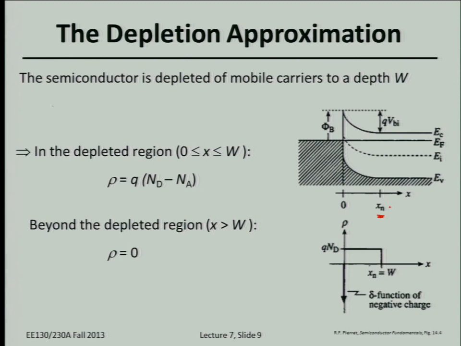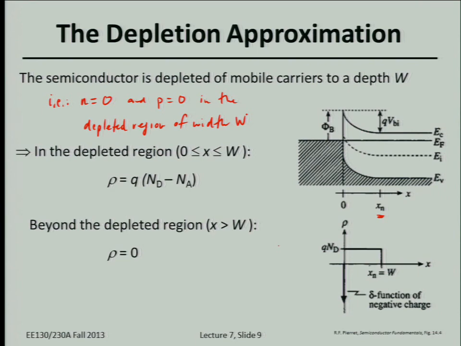So the depletion approximation is just saying n is equal to 0, and because it's a minority carrier, p equals 0 in the depleted region. Let's call the width W. So within this depleted region, from x equals 0 to x equals W,